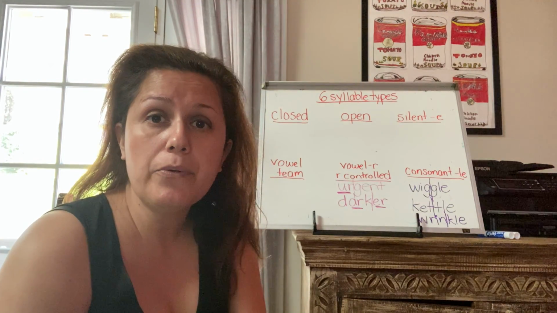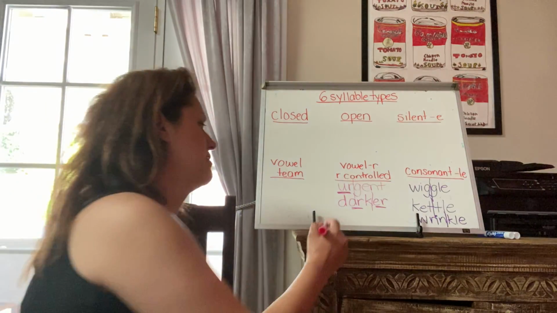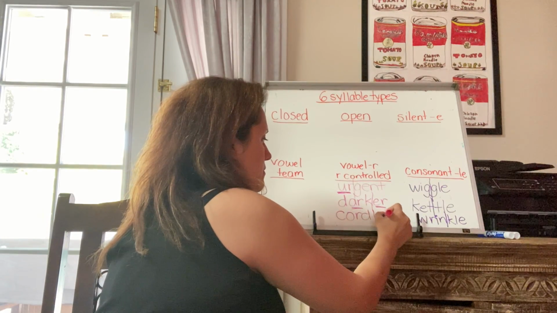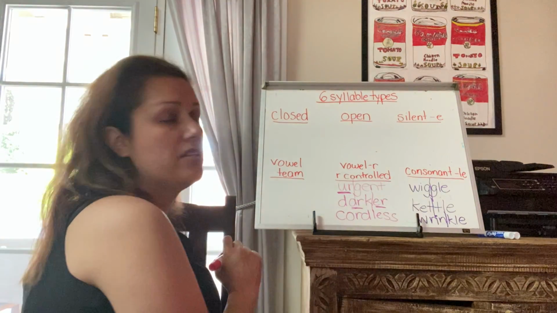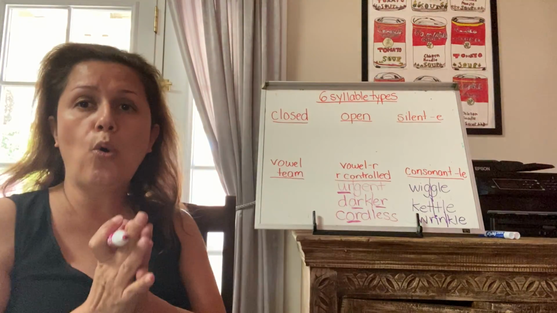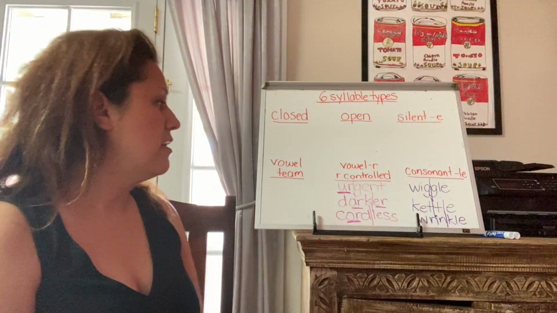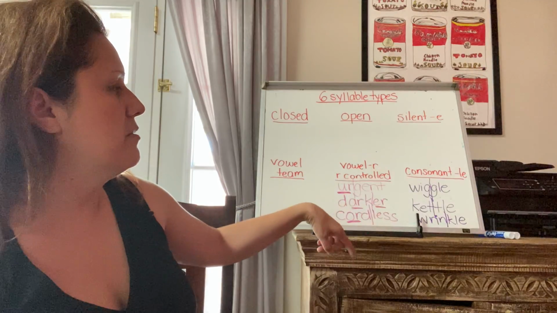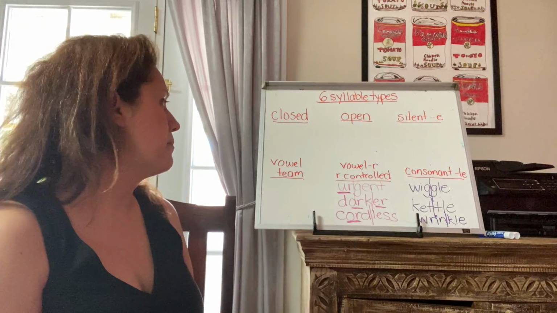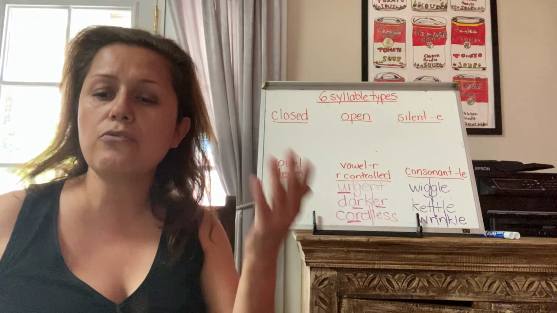I'm going to do one more with you for the R control. Cordless, cordless. So I see the R controlled vowel is or, cordless. Break up between the D and the L. So again, the R-controlled syllable types have a vowel right next to the letter R. Okay? Now we're going to go, I like this one a lot too, to the vowel team, because 2 vowels